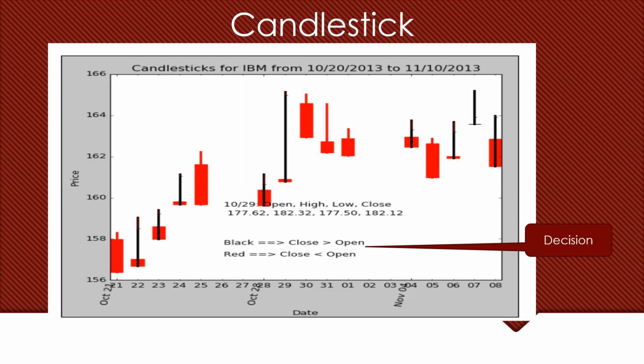Black means the closing price is more than the opening price. Red means the closing price is less than the opening price. Red indirectly refers to the price decreasing. The black here refers to the increase.